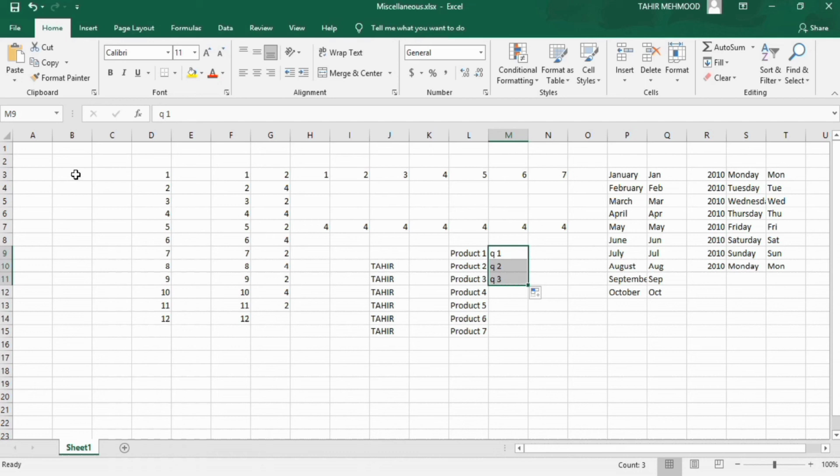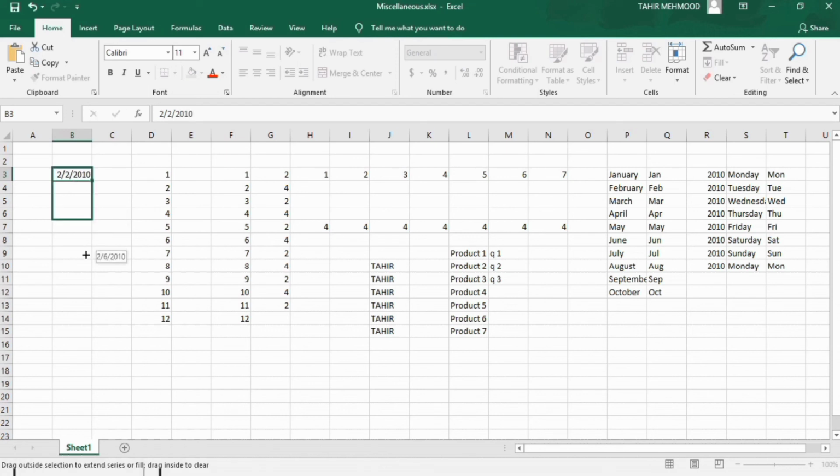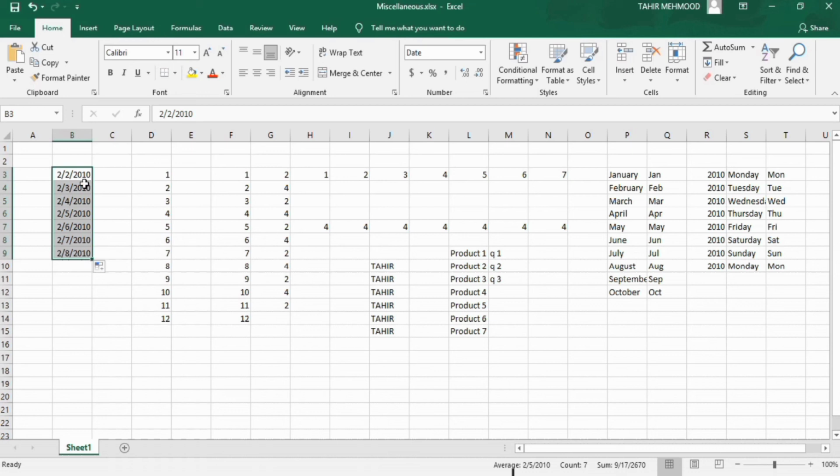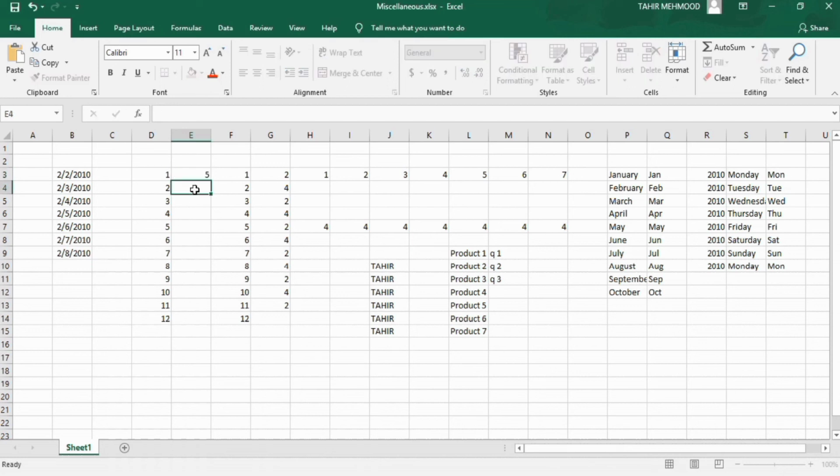You can also use it for dates, for example, and drag it, it will automatically fill the dates. Now if I want to insert here numbers with the difference of 5, for example 5 and 10, and if instead of dragging I double click on it, you can see here it will automatically fill this column, and I will double click on it.